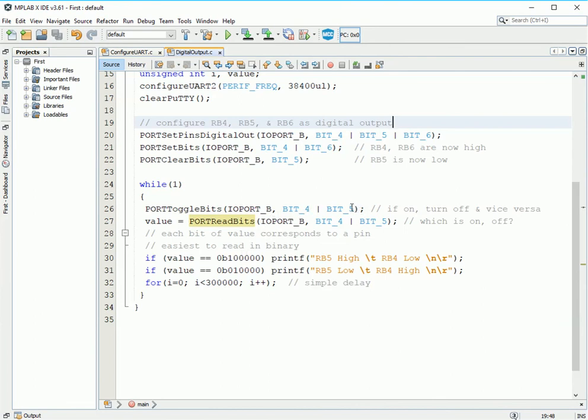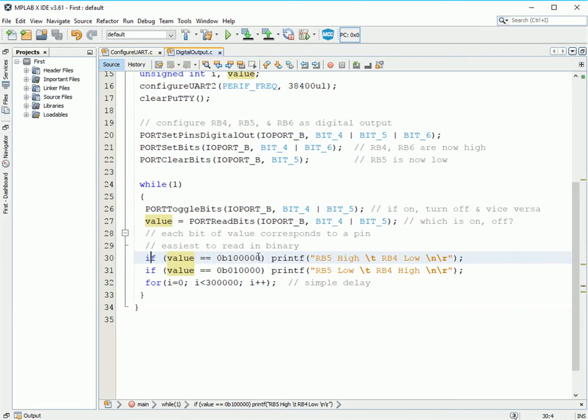One of them's on, one's off, so when I toggle, they flip on and off. I want to check that, so I'm going to read the value of those 2 bits. And as I said, it's easier to read the binary value. So here I have if value equals, or double equals, is it equivalent to